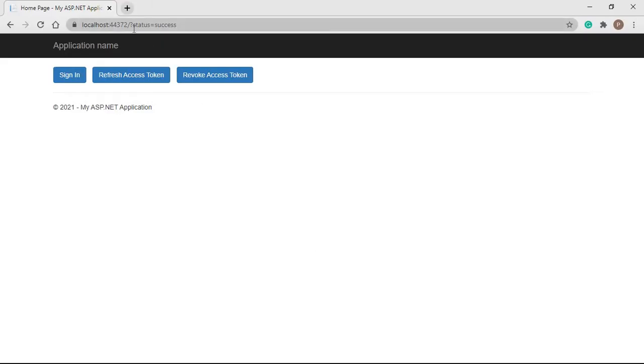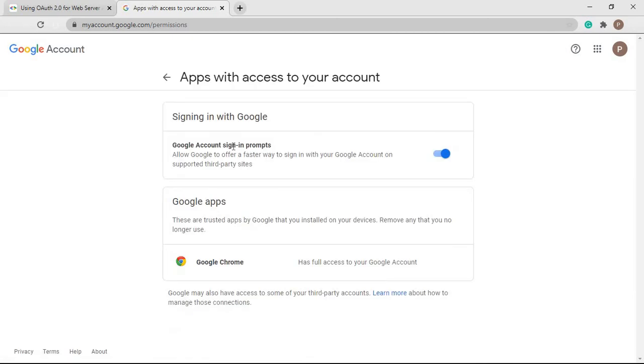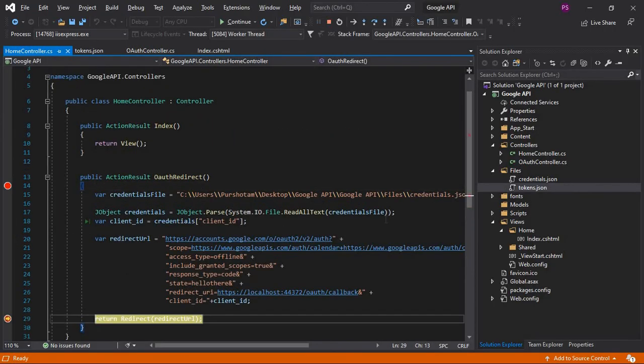We can see in the status we have success, and let's see in our application now. Let's refresh. Now I can see the app is uninstalled from my application. Let's sign in and check whether it's installed again or not.